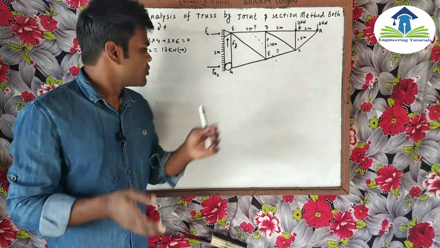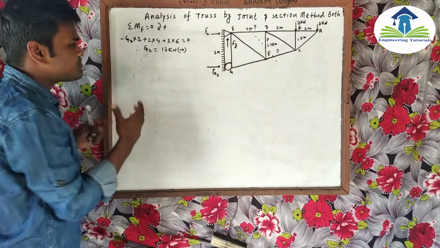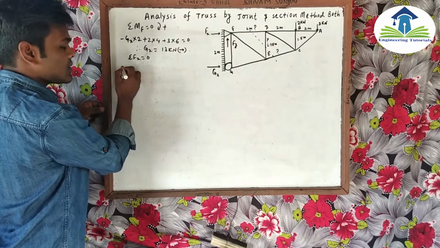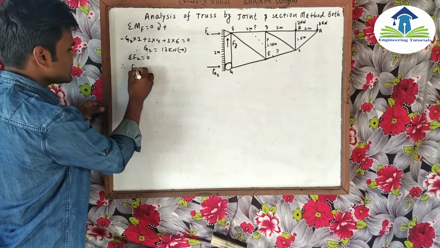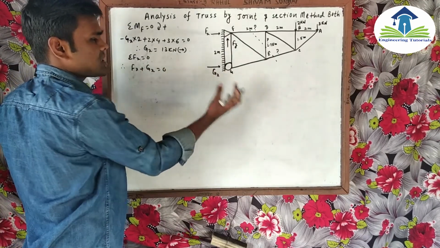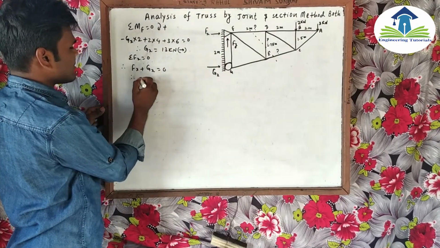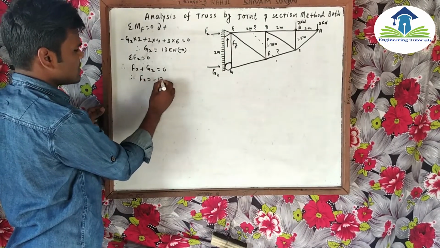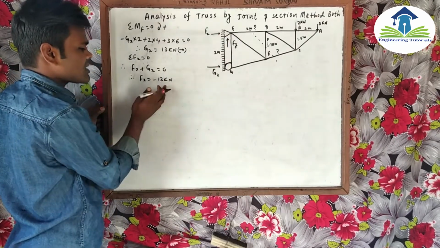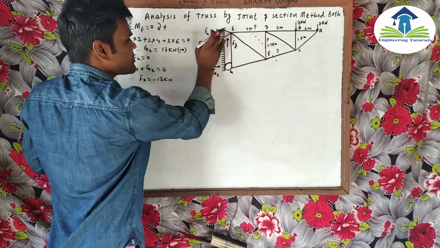Now we calculated the value of Gx. Now we have to calculate the value of Fx. So summation Fx is equal to 0, then we can find the value of Fx like this. Fx is equal to Gx, total horizontal force Fx and Gx. There are only 2 horizontal forces. So we can find the value of Fx is equal to minus 30 kN. The negative means the direction of Fx is in this direction,